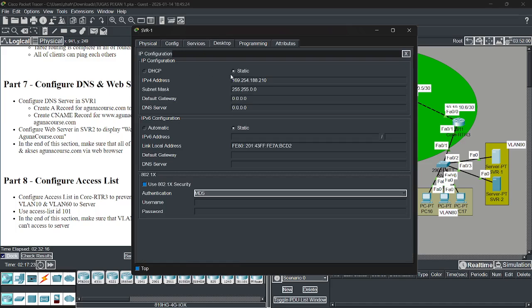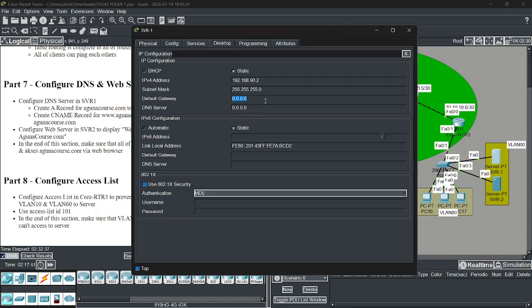The IP address must be static. It is 92, and then the subnet mask is 255.